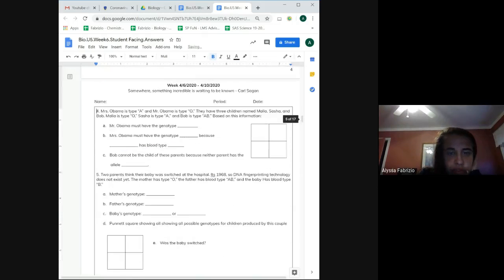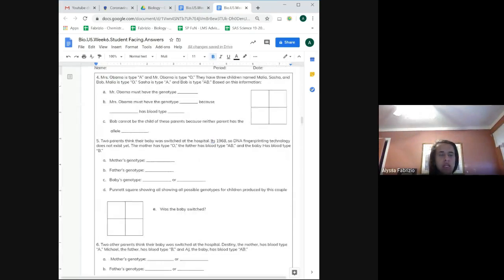Okay, so number 4. Mrs. Obama is type A and Mr. Obama is type O. They have 3 children named Malia, Sasha, and Bob. Malia is type O, Sasha is type A, and Bob is type AB. Based on this information, Mr. Obama must have the blood type